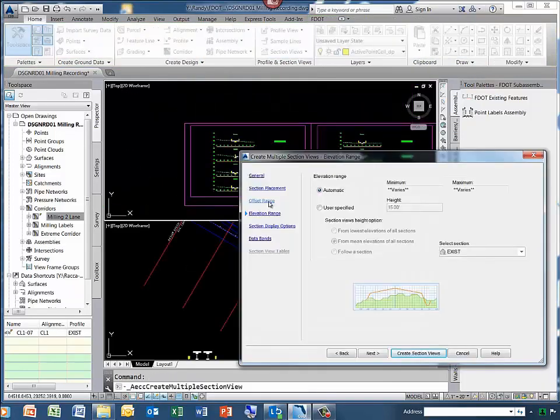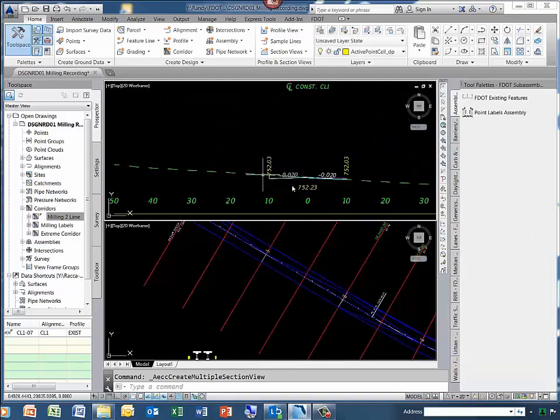If you accidentally run your point label assembly after you have already created sections and inserted your production milling and overlay assembly corridor in, you have to erase your section views, go through the Create Multiple Section View wizard. The only change you need to make on the elevation range is change from automatic to user specified, follow a section, and pull down the select section, select milling 2-lane, and at that point continue as you did before and create your sections. And both the labels and the milling 2-lane corridor should